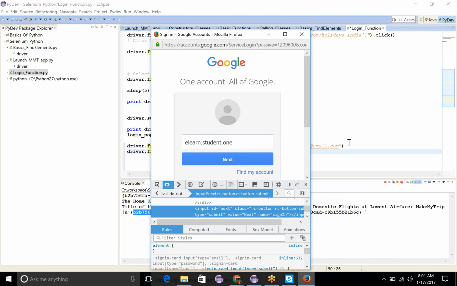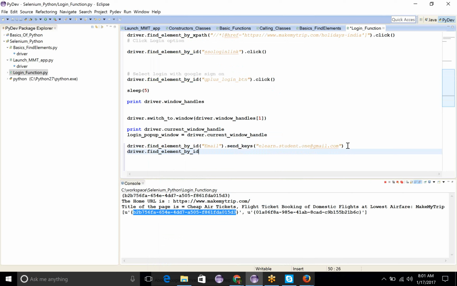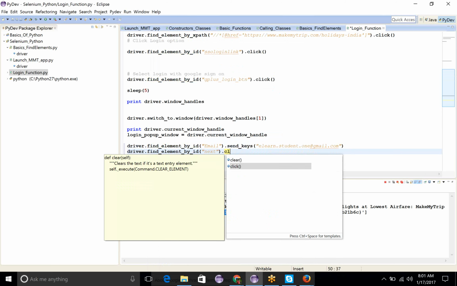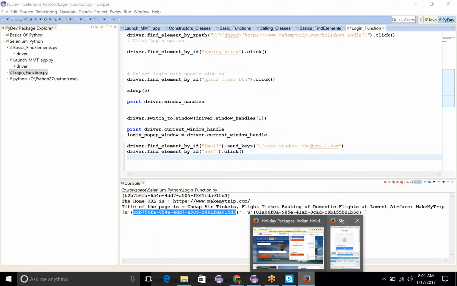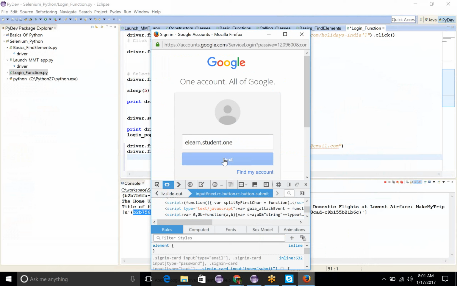So ID is next, right? So I will say find element by ID and next, and click on it. Okay, and then if I say next,